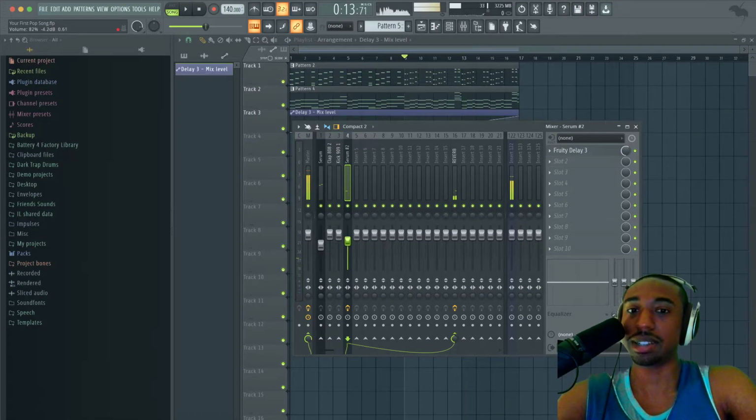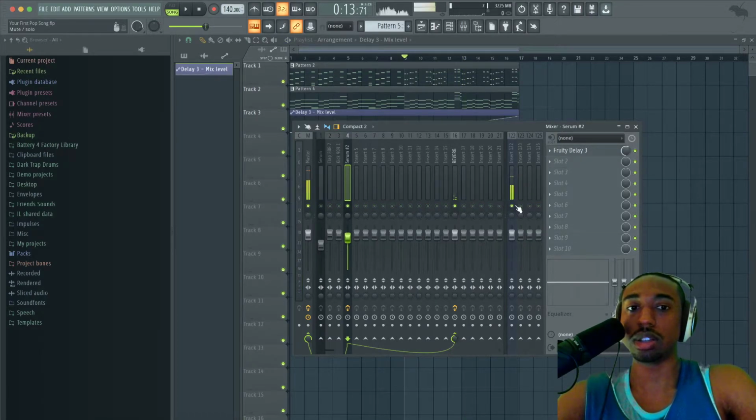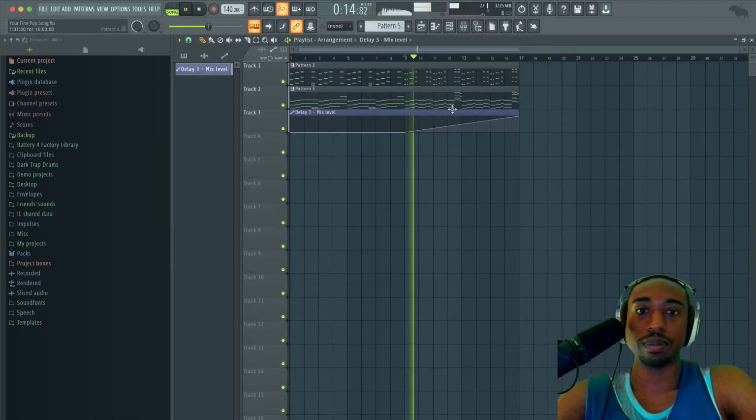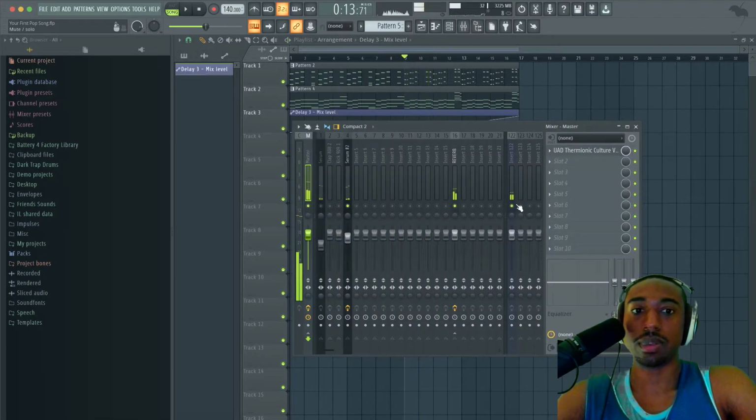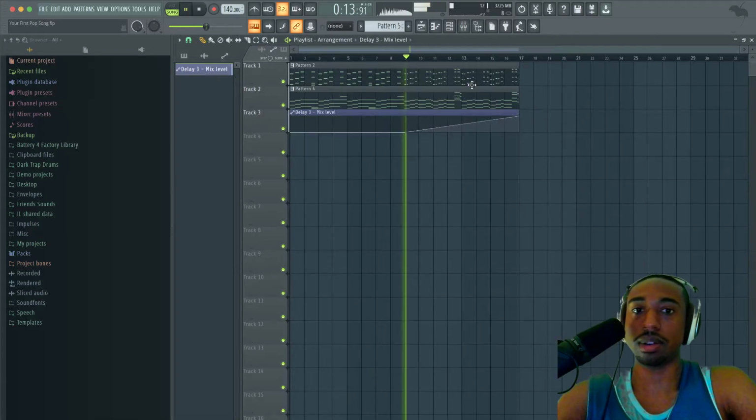Hear that change up? The change up is so nasty. Let me solo the melody just so you can hear it. So as the effect is kicking in, you'll start to hear it.